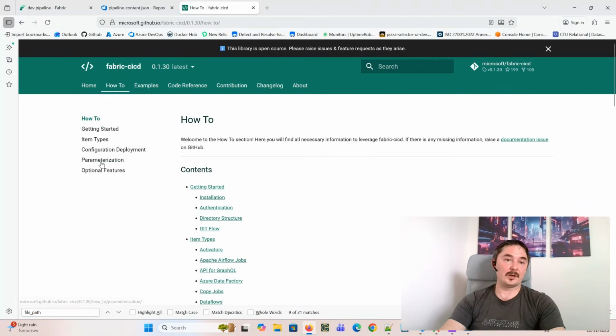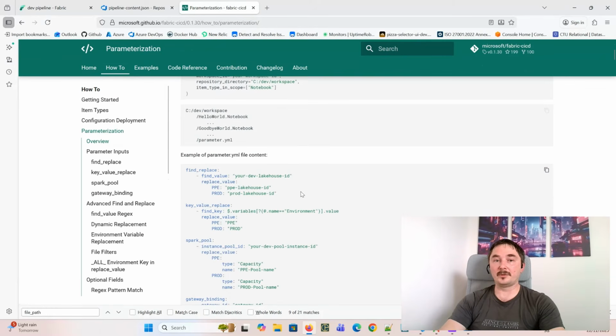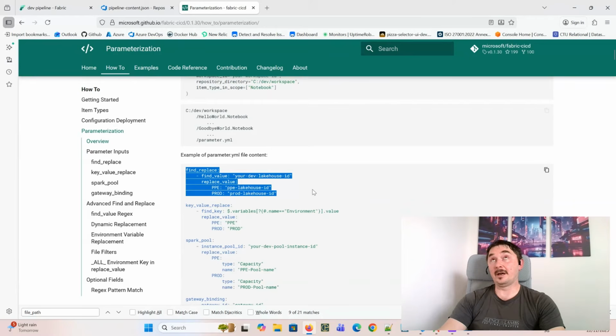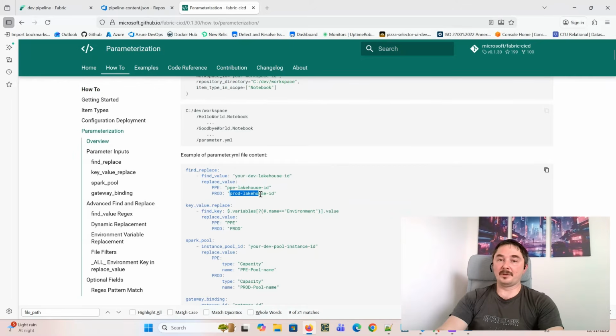You can find the parameterization and a lot of explanation there. But basically, the find and replace, the one that I have commented out, is a blanket replacement. Everything that matches this string in every file will be replaced with something else. And that something else